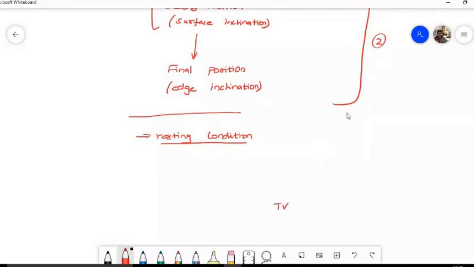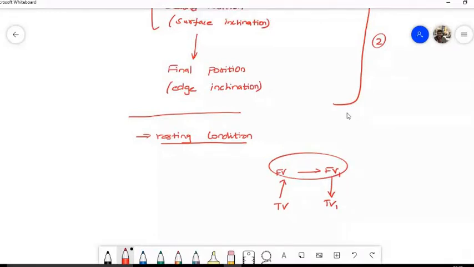So from the top view you will draw the front view. From there you will draw the front view of the first portion. Then you will draw the top view of the first portion. So this is the sequence of drawing. The link between the simple portion and the final portion is the front views. Is it clear?